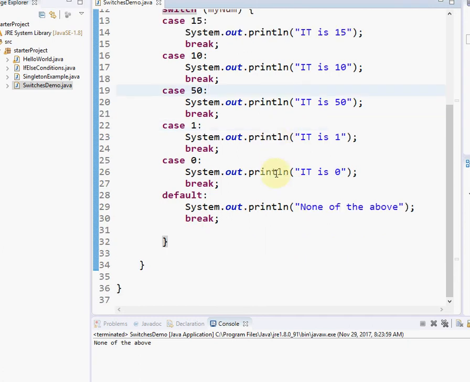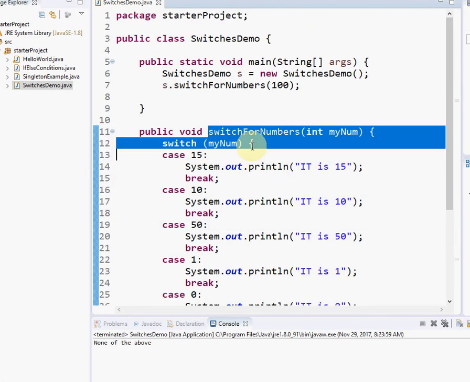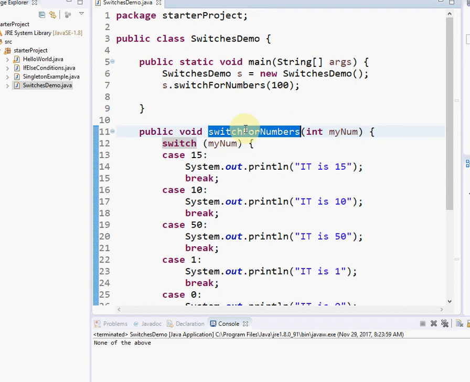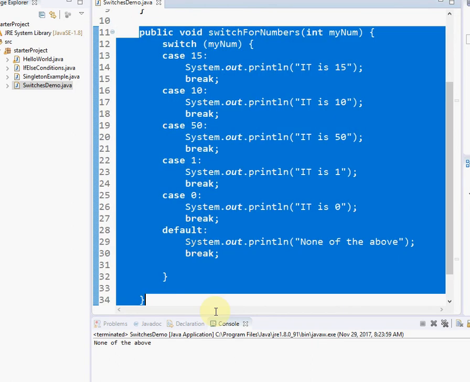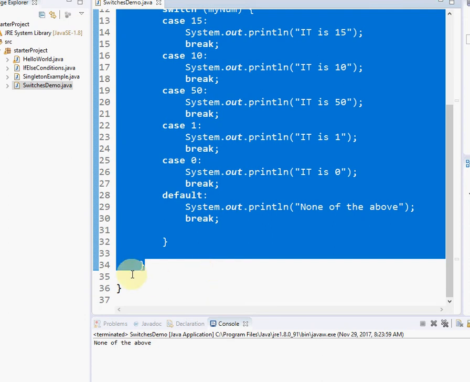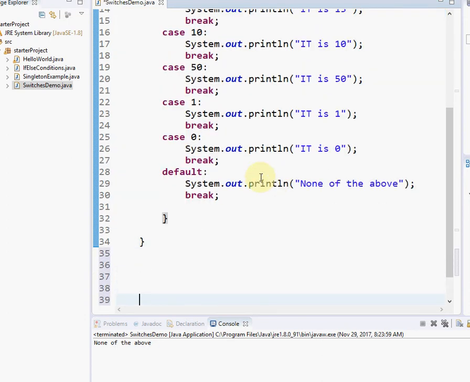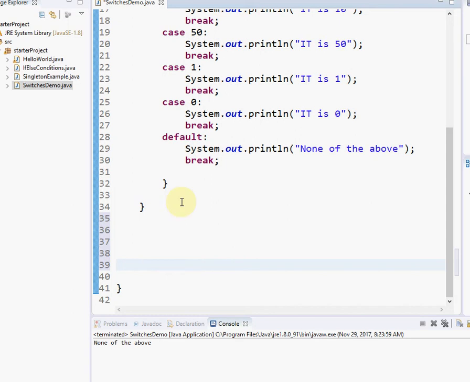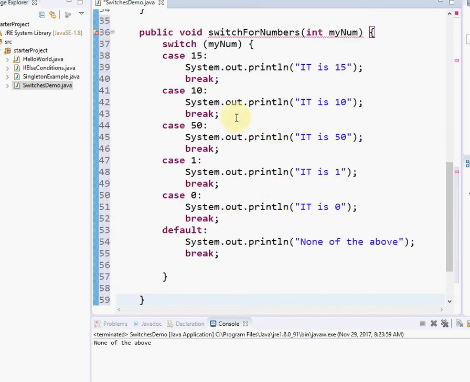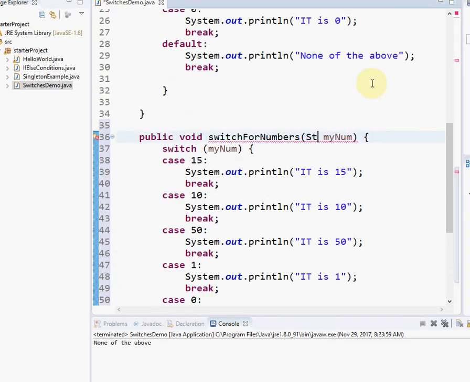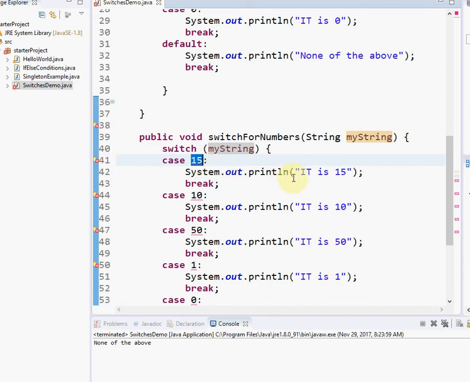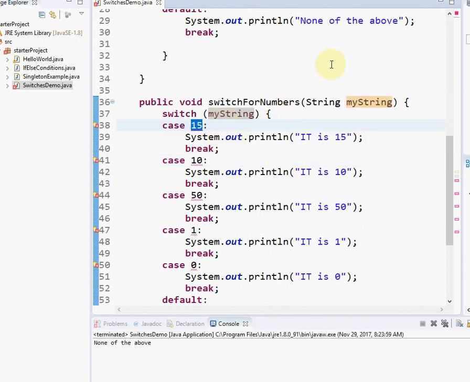And I'm going to add the same thing for the switch cases if it was the string type instead of numbers. Let me just copy this out. So what happens if you want to do the same thing? This was the number, so if you want to do the same thing for string types, what do you do? Instead of this, I'm going to give it my string. Okay, so I need to parameterize this here. Now this whole value will be the string type, so you have to pass this as